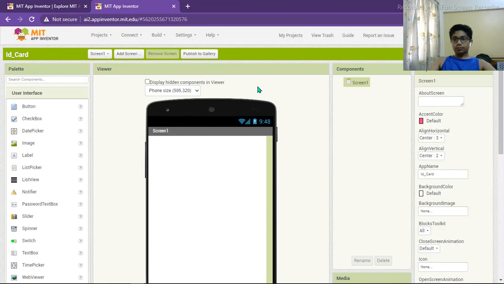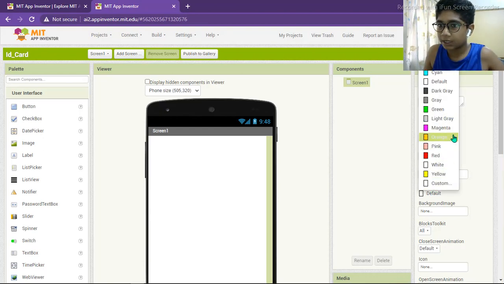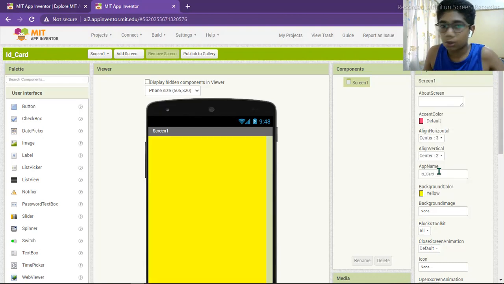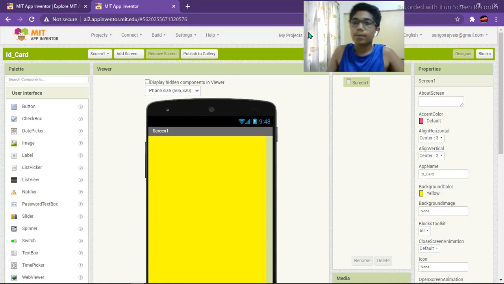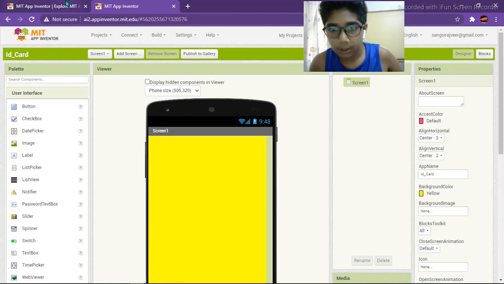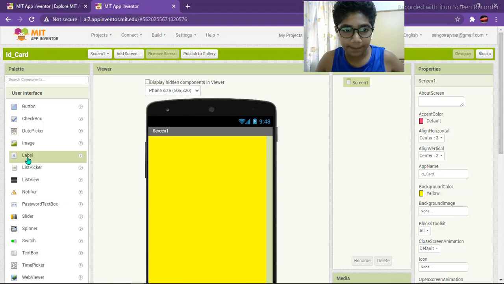So this is the empty screen, and today we are going to take a background color, so we can keep it as yellow. Yellow is fine. Now we will take a label.